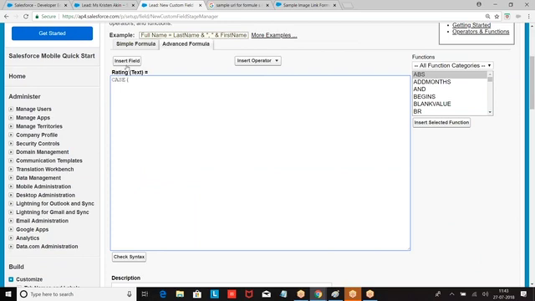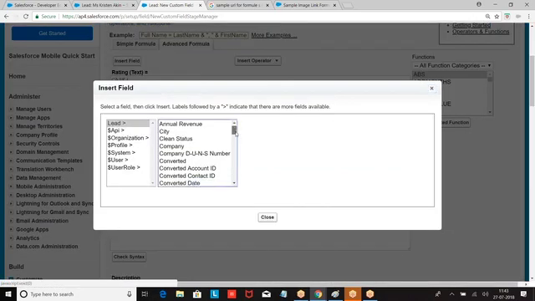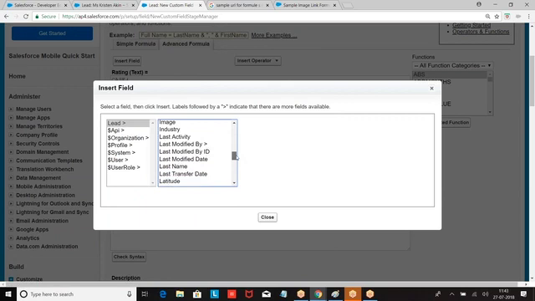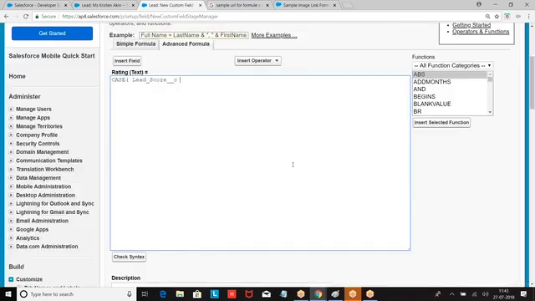Case. What is the recent field we have created? Lead score. If the value of the lead score is 50, 5-star rating. The URL is already given by Salesforce. 40, 4-star URL. 30, 3-star URL. 20,